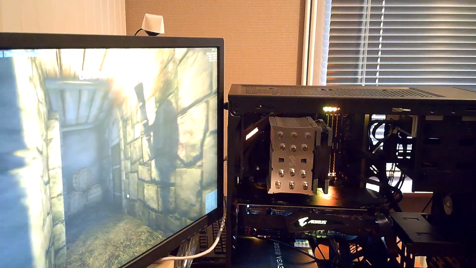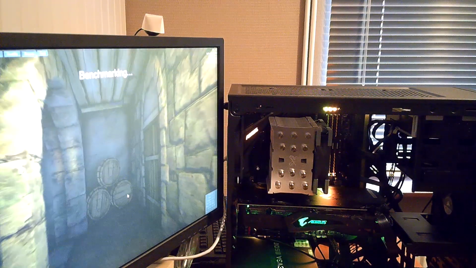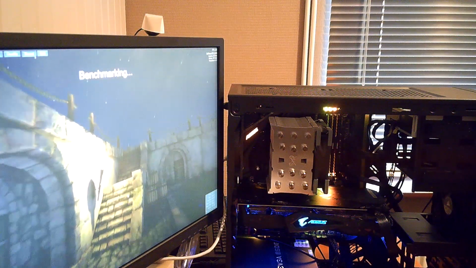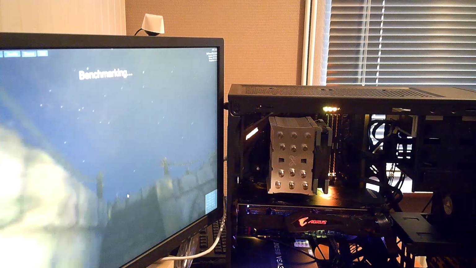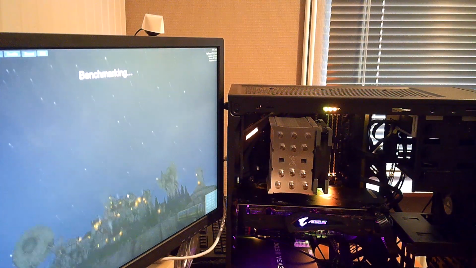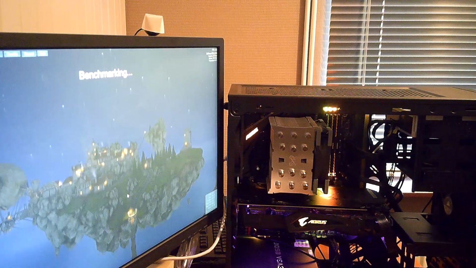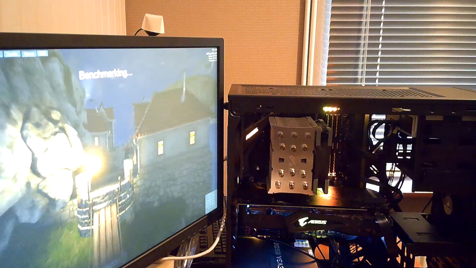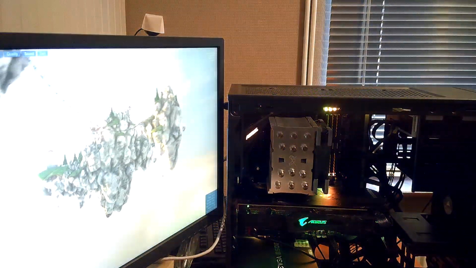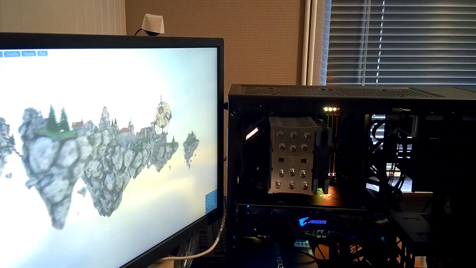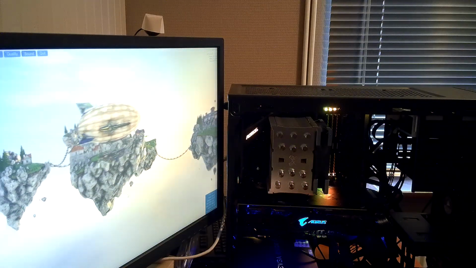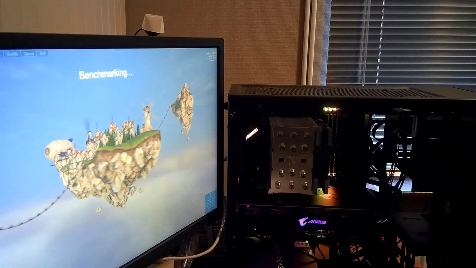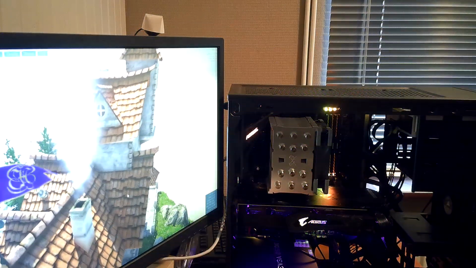Looks very good to me. Benchmarking. Still benchmarking. Should run to the end now.